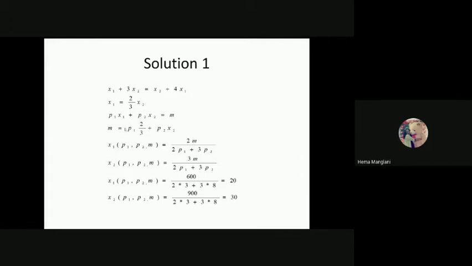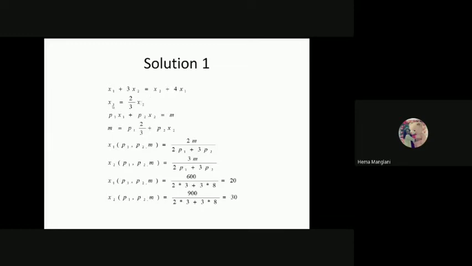So p1 x1 plus p2 x2 would be equal to m again, because it is our budget constraint. Here we got this value of x1. Still, this is not the demand function. I'm mentioning this because in the quasi-linear function, you got the demand function immediately for x1, since x1 is independent of many things. That is why here we don't consider this a demand function. This is just for simplicity. We got it from the minimum of both, and the value of x1 would be a function of x2. Similarly, x2 would be a function of x1.